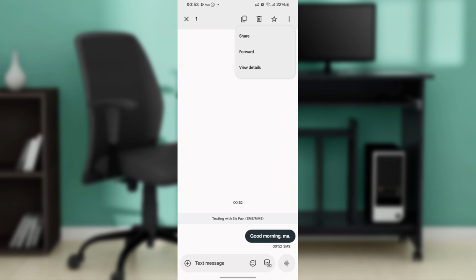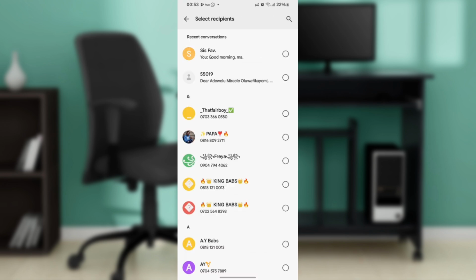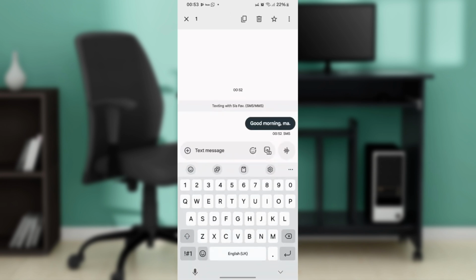A new message window will appear with the selected message copied into the text field. So what you're going to do is to tap on the top field and enter the name or phone number of the contact you wish to forward the message to. If the contact doesn't appear in the suggestion, go ahead and tap on New Message and manually enter the recipient's details. Once you have selected the recipient, tap the send icon, usually a paper plane or arrow, to forward the